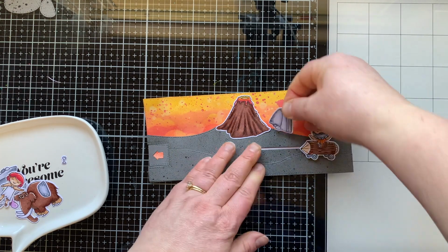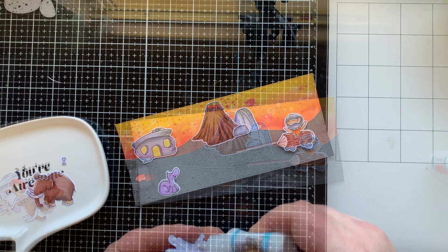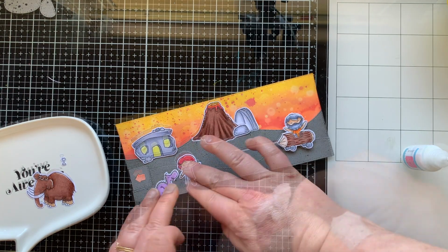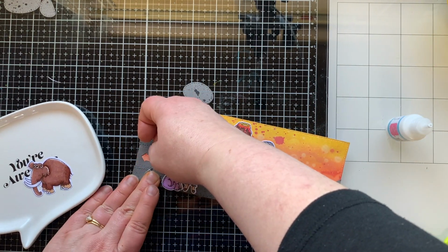Look at that volcano. It makes me so happy. I love it. And I love that sky. So I added some rocks around there. I popped up the little house. I added my girl and her little pet, and then the rocks that I cut out, I'm putting in and